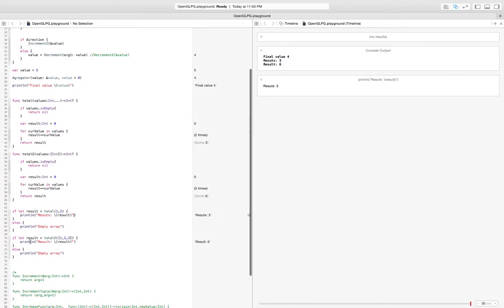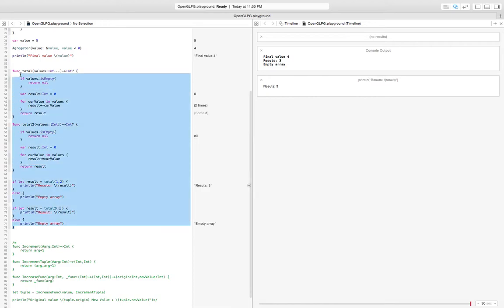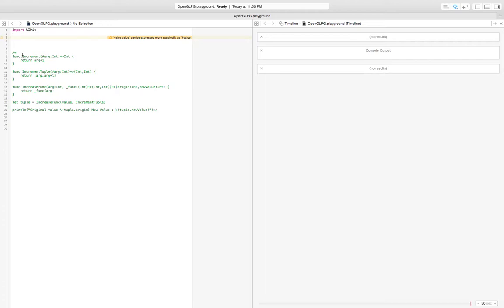Great. And with the following input, we can see that right here the result is 6. And if we remove this array, okay, we cannot remove it, but we can provide an empty array, and the result is an empty array. Okay, that was great. Yes, let's delete it. Another thing that I wanted to discuss is